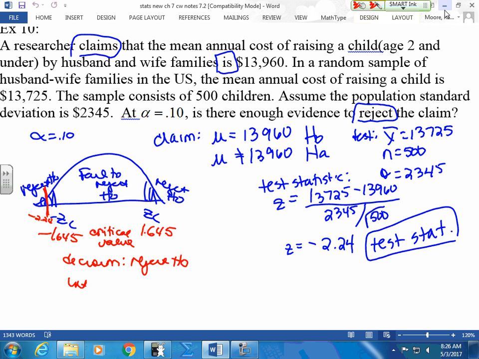Now my interpretation, what I make of this, is this. If I reject this, I kind of go along with this one, that it's not equal to this, right? But I can't really say that. So I follow my chart. My claim is my H0, and I rejected my H0. So I have to say it this way. There is enough evidence, so this is what I want you to write,